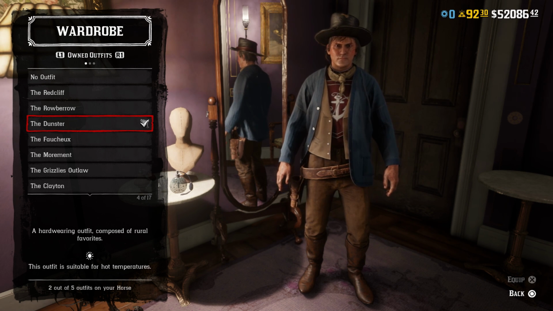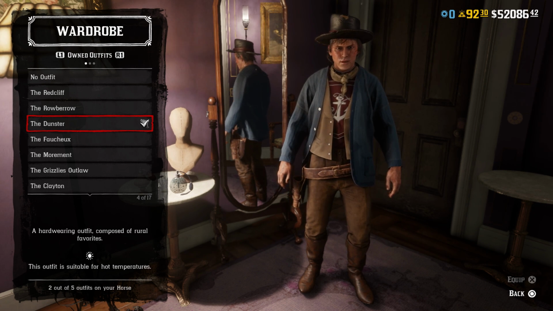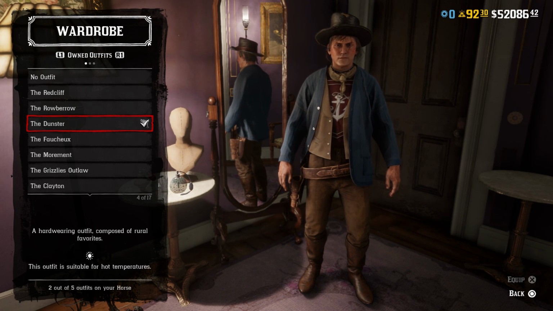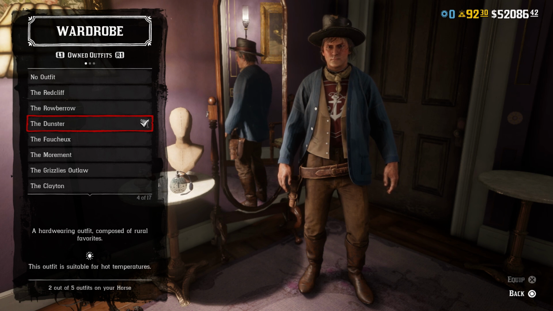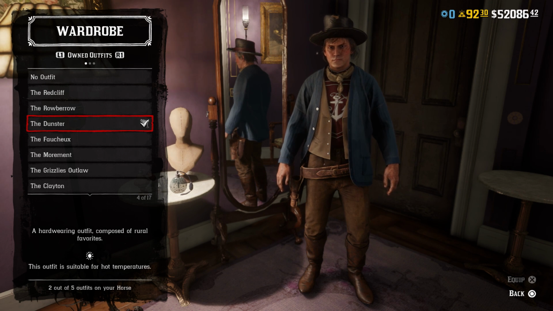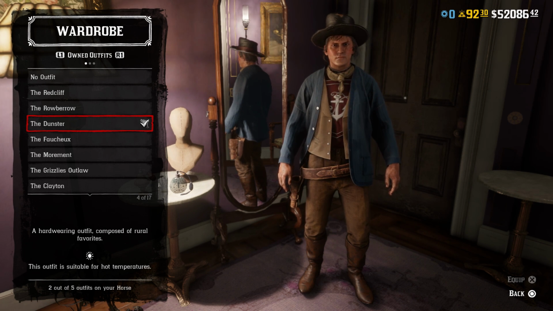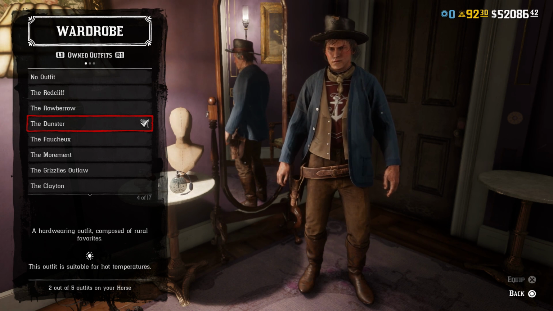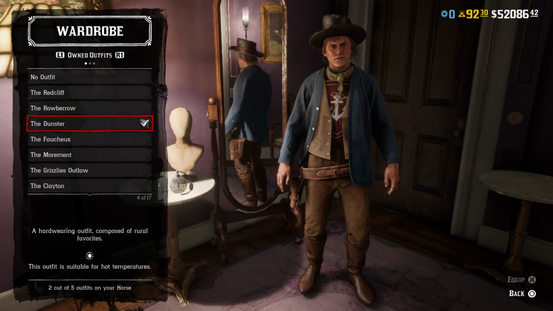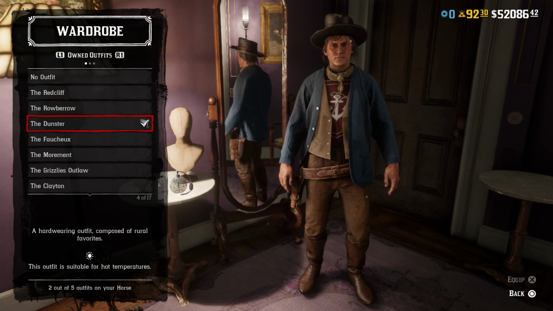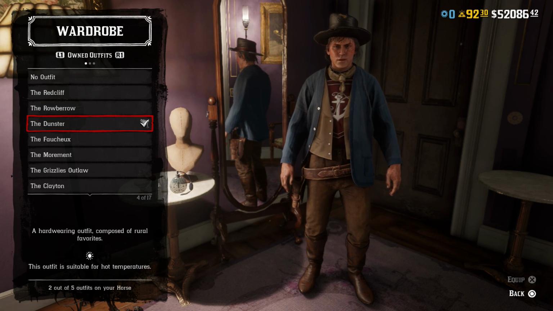And the reason why this outfit is the best is because it's modeled directly after the famous photograph of Billy the Kid. They did a pretty good job of making it look exactly like the photograph. I'm looking at a photograph on my other screen right now while saying this, and while the original photograph is in black and white, when you look up colorized versions of this, the colors are going to be different depending on which one you look at, and the one I'm looking at is going to be an alternate one that I use for the second outfit. But anyway, it looks almost exactly like it does in the picture, so Rockstar did a great job of imitating